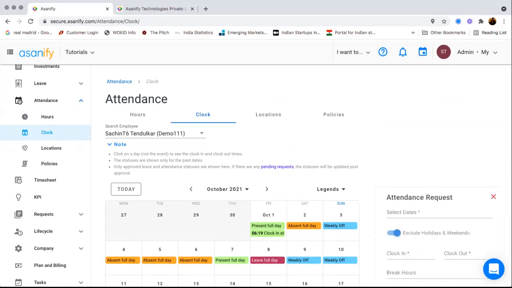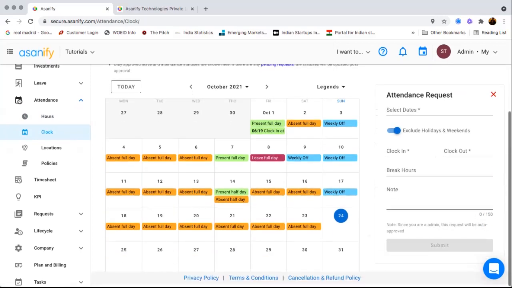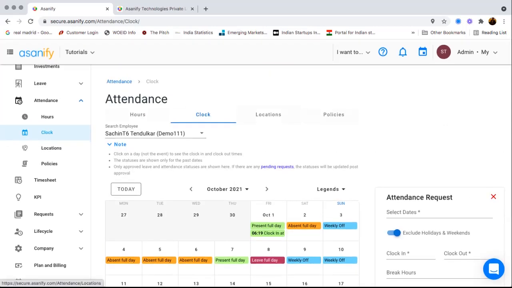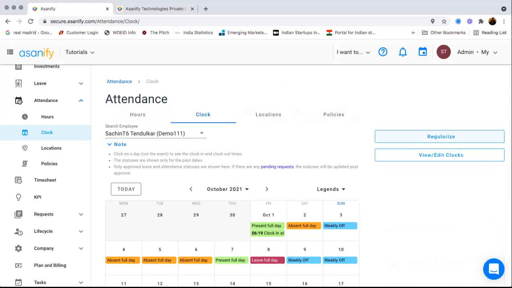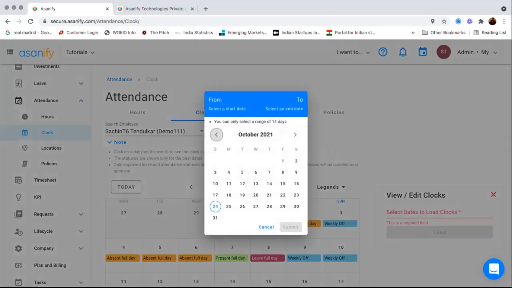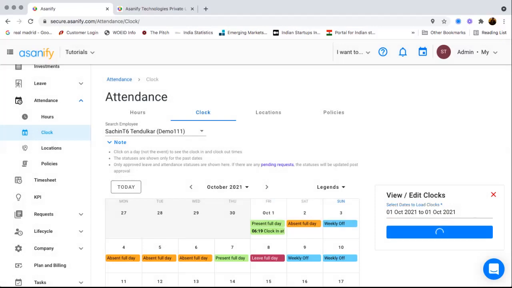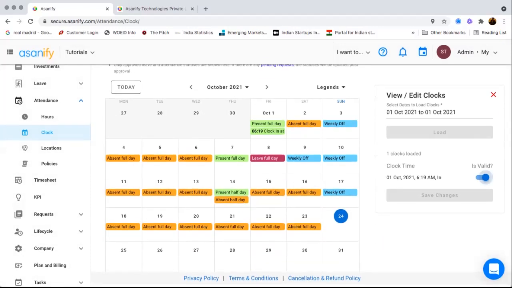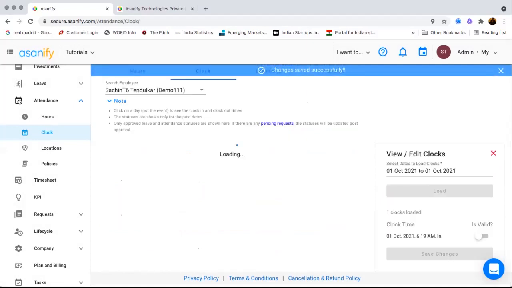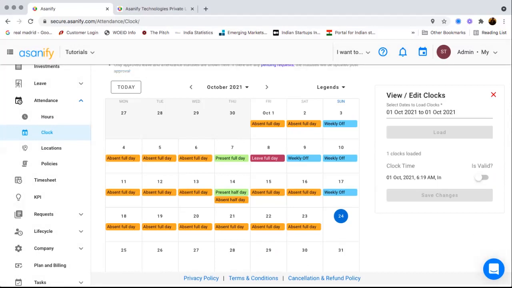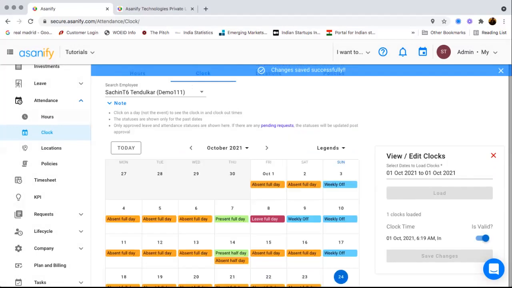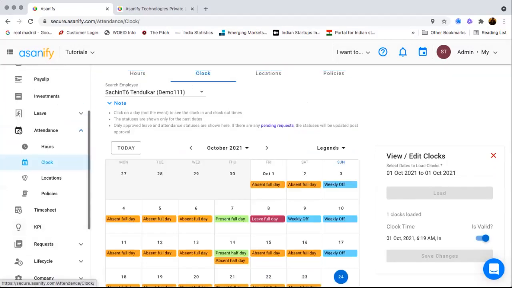Then as an employee or as an admin, you can regularize the attendance on someone else's behalf also. And as a manager, you can do that for your own employees, right? That's about it. And as an admin, you can also choose to edit specific clocks. Say you want to invalidate a particular clock on the 1st: we'll see which clocks are present, and you'll see only one clock present. If you want to mark it as invalid, you can, and then this person will be marked absent. And if you mark it as present again, the person will be marked as present again, right? So these are some of the ways in which attendance can help you automate your attendance tracking.